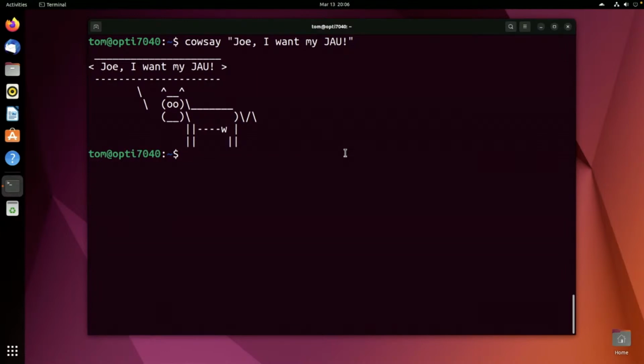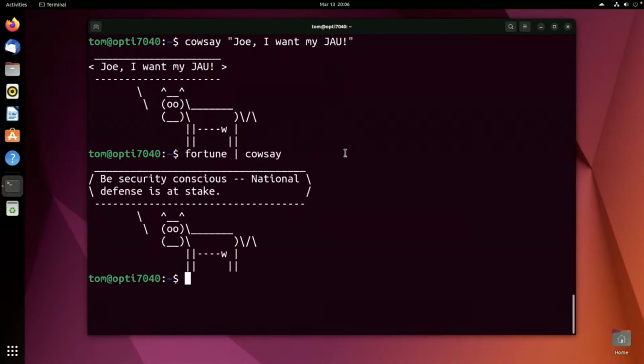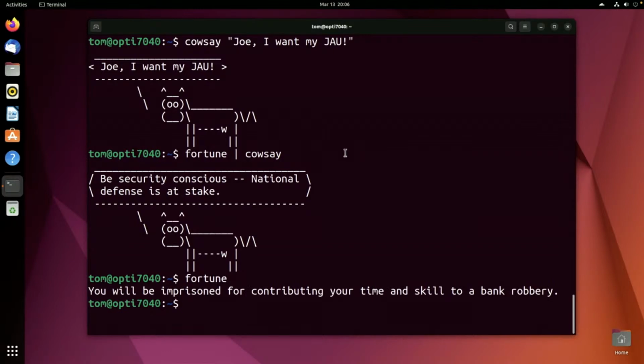Let's see. So you could also do things like fortune, which we installed just a minute ago, and take the output from fortune and pipe it to cowsay. Be security conscious. National defense is at stake. So fortune by itself: You will be imprisoned for contributing your time and skill as to a bank robbery. Some of them are kind of fun. Some of them are